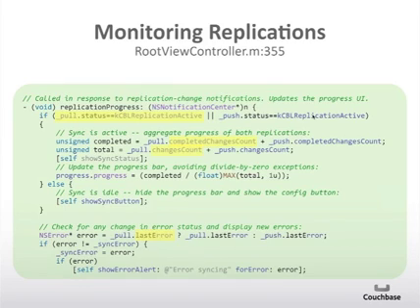Otherwise, if neither of the replications is in the active state, that means the sync is idle. And in the grocery sync app, what happens there is we call this showSyncButton method, which simply hides the progress indicator and instead shows a button that can be used to configure